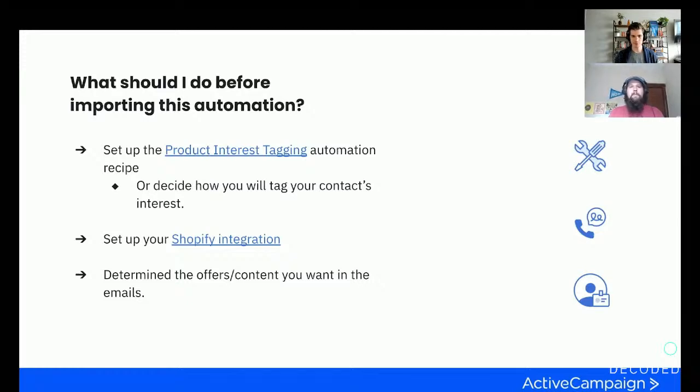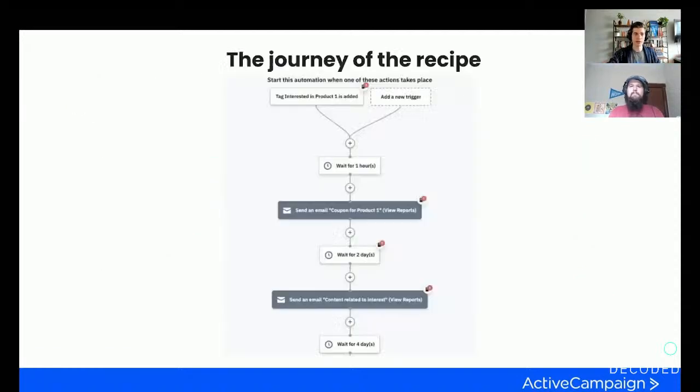And again, process before software. Just get into the shoes of your customers, your potential customers, and really think about what that ideal seamless experience is going to look like. Whether it's looking at a page 3 times or 5 times or clicking on a link, just go through that journey in your own head. What would warrant a tag of being interested in a particular product or area?